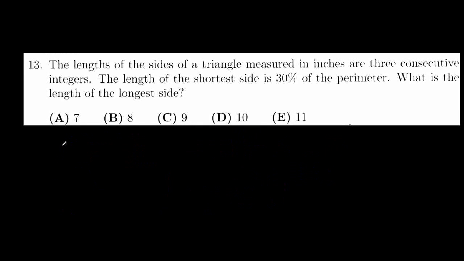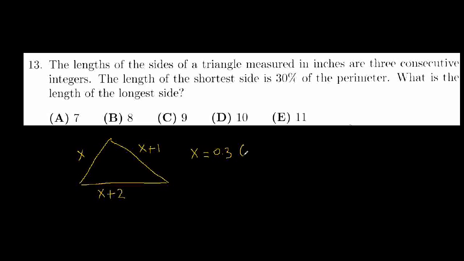Number 13, we have a triangle. The lengths are consecutive integers. Okay, they're kind of close. So we say the shortest is x, the second is x plus 1, and the longest is x plus 2. Then the shortest side, which is x, is